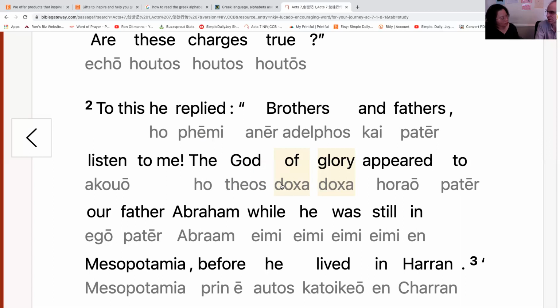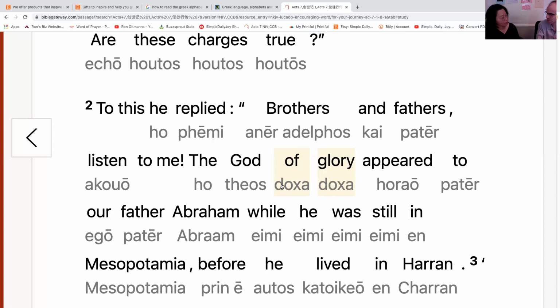Well, he showed his glory on Mount Sinai, right? With the thunder and the clouds, the lightning, the fire, all of that, when he appeared to Moses and to the people of Israel. So when Stephen talks about the God of glory, and he's actually speaking in Jerusalem to